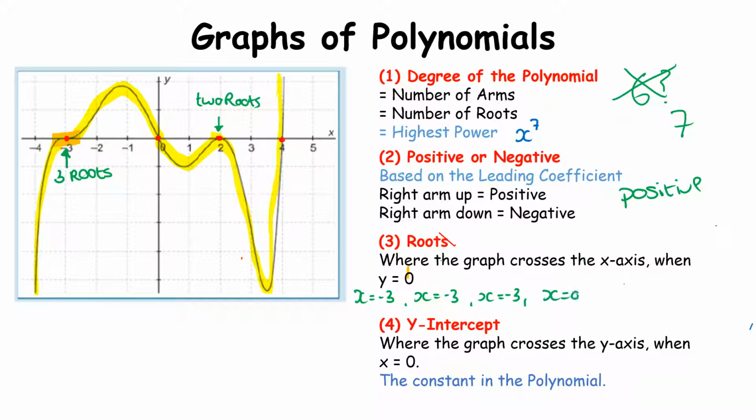I have x is equal to 0. I have 2 roots at x equals 2. And I have x equals 4. And my y-intercept is 0, 0. Right here. There's my y-intercept. So based on what I've just done, we